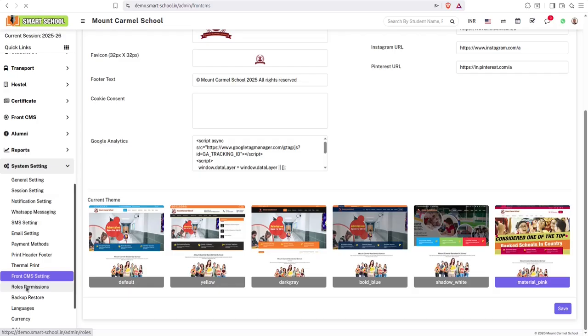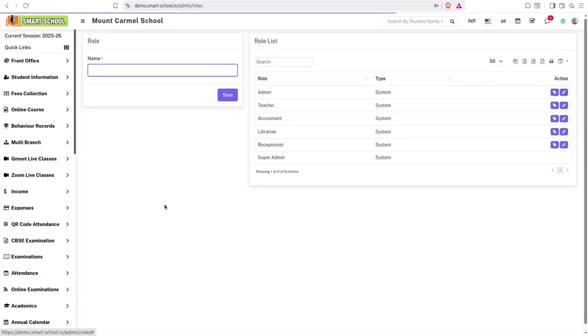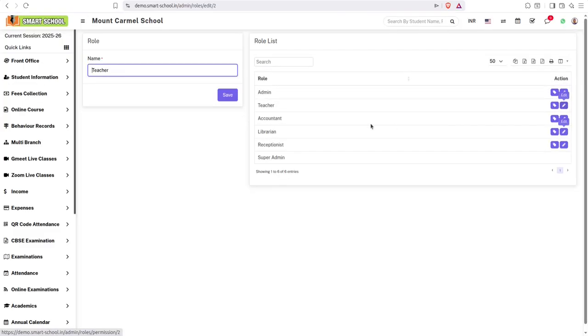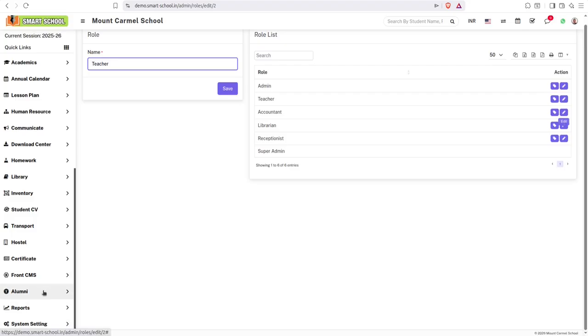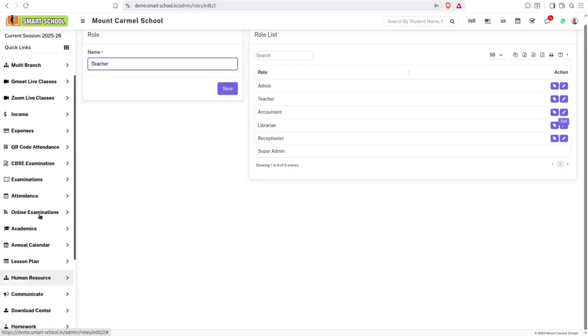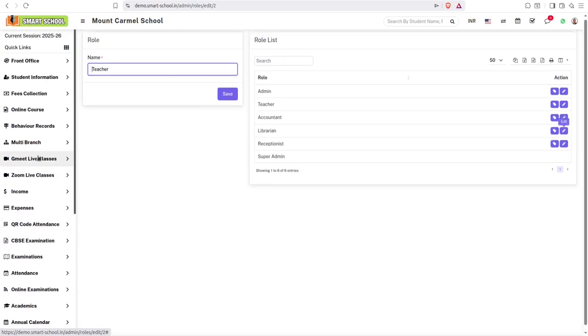Similarly, we have the roles and permissions, which is a very important screen, and we can edit the role. Like if we are editing the role of a teacher, we can allow a teacher different roles and permissions, like the teacher roles. Okay, so this is just a demo instance, so it may not be working here, but yes, definitely all the controls are here. Okay, so in the next screen we have